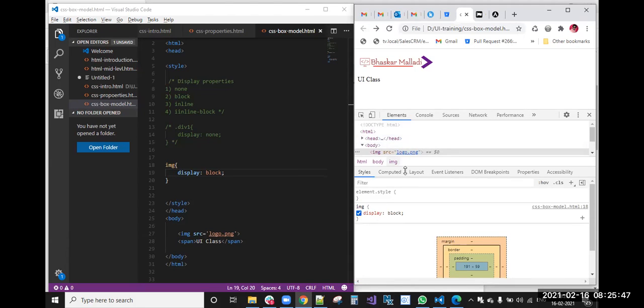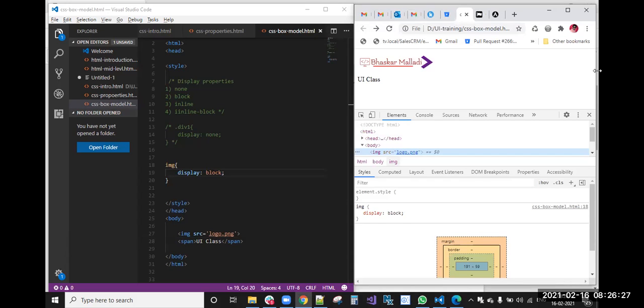See, the image display block property, right? If you remove that image display block property, it comes back here. If I hover the mouse over this image and click on it, you can see it occupies only up to where the content is. Now, if I apply the display block property, you can see it occupies the entire width. The entire block is occupied now. So to make inline elements into block level elements, we use the display block property. That is clear, right, everyone?